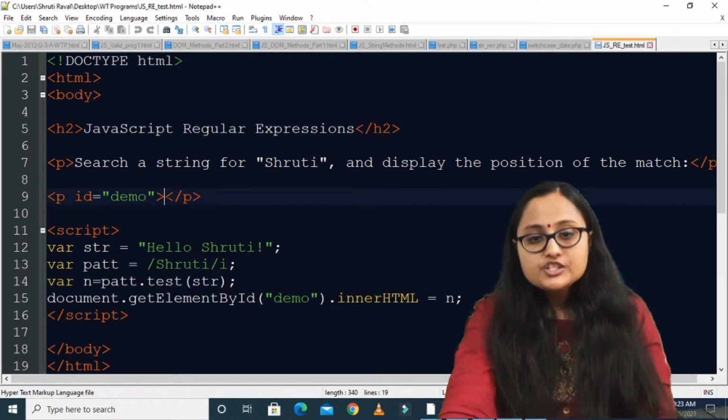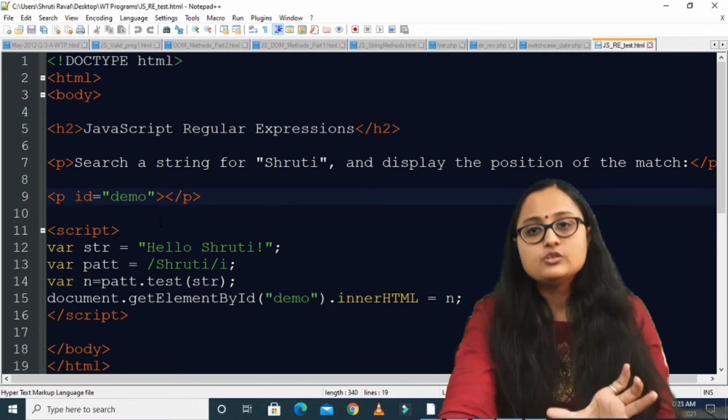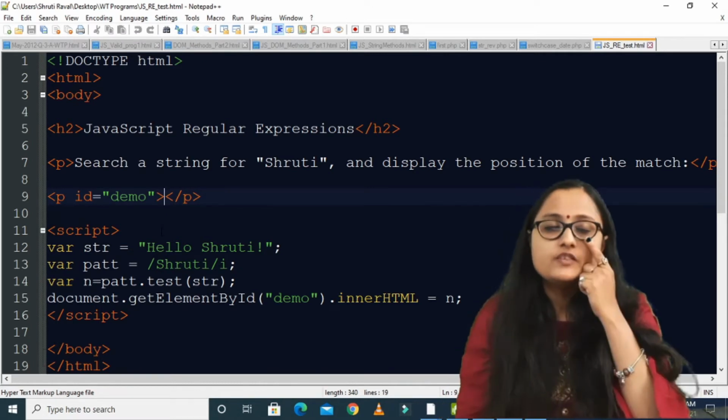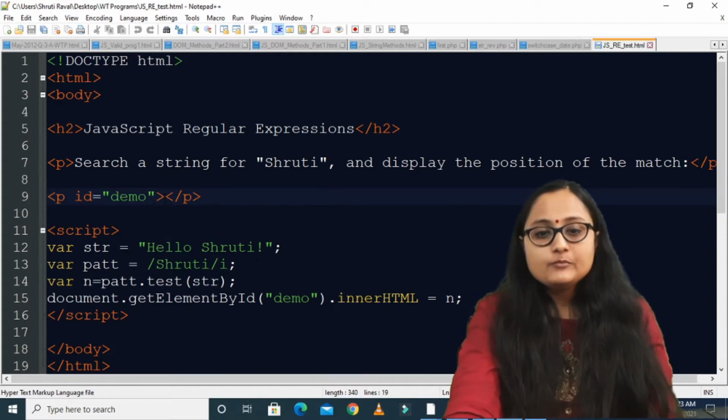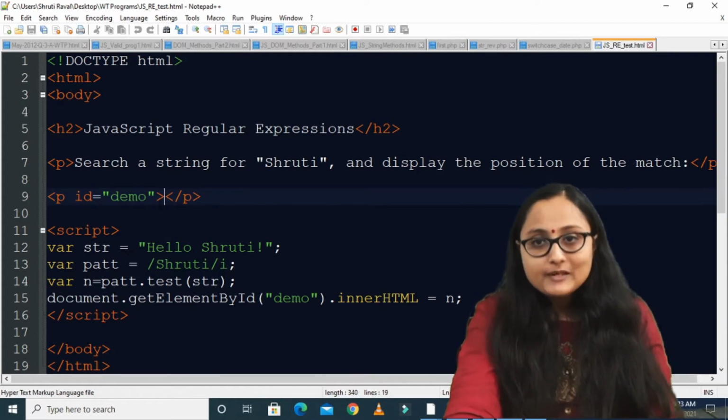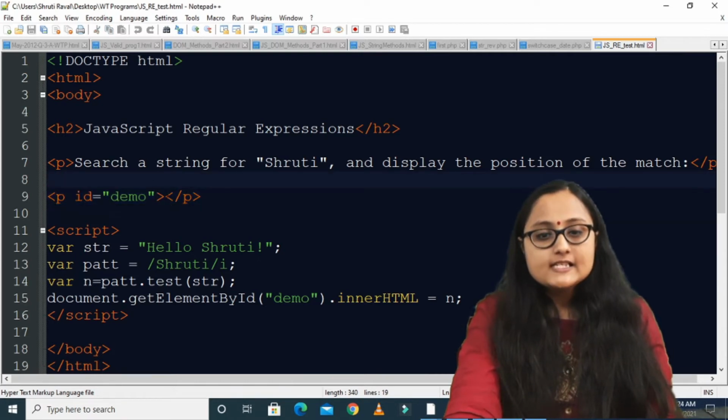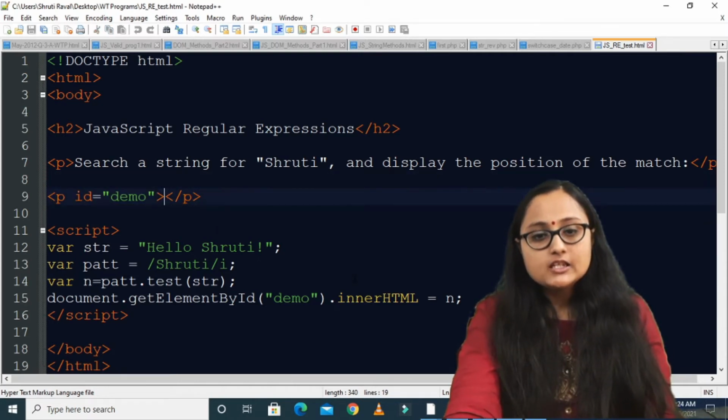I am going to display the result of the test method. That is, you know that test is a boolean method that will either return true or false. So basically I am going to dynamically display the result true or false inside this paragraph. So you can see that initially nothing is being returned over here, right?